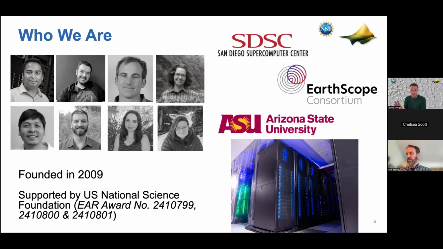So it's a small team, and none of the people shown here work full time on OpenTopography. Everybody else has other jobs as well, other projects they're involved in. So it's a relatively small but agile team, and we've had the fortune of all working together on this for quite a while now. So the team's pretty tight, and we do everything remotely. There is no sort of office for OpenTopography, so to speak.